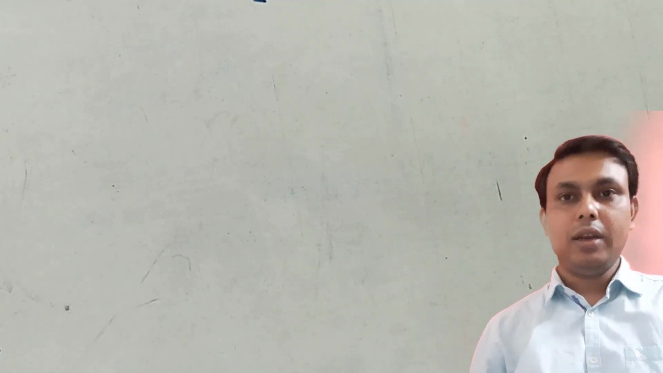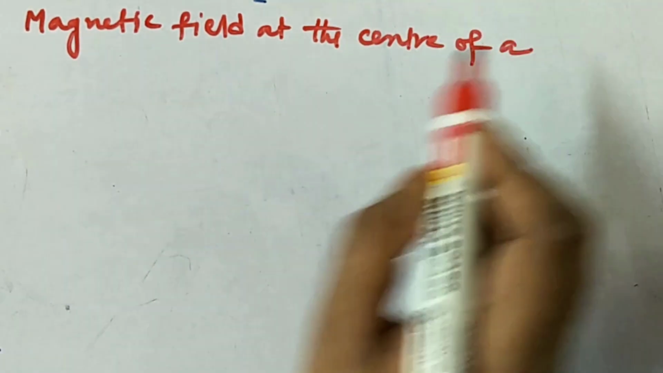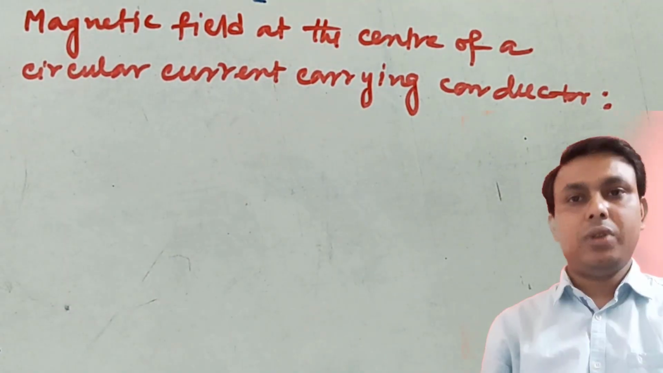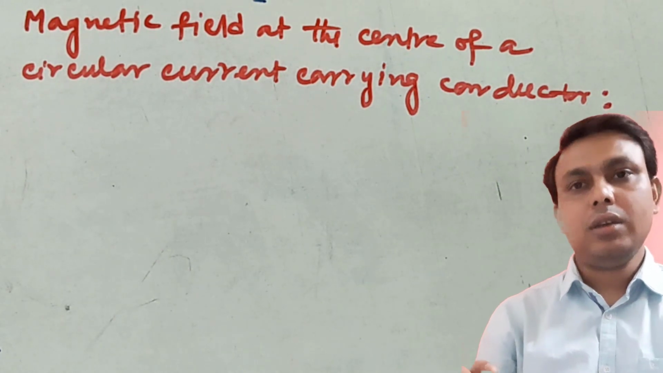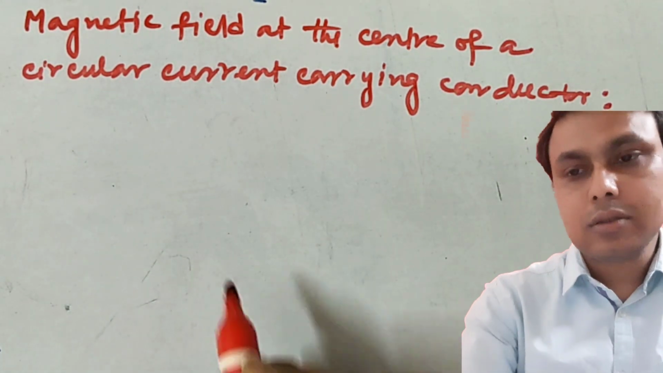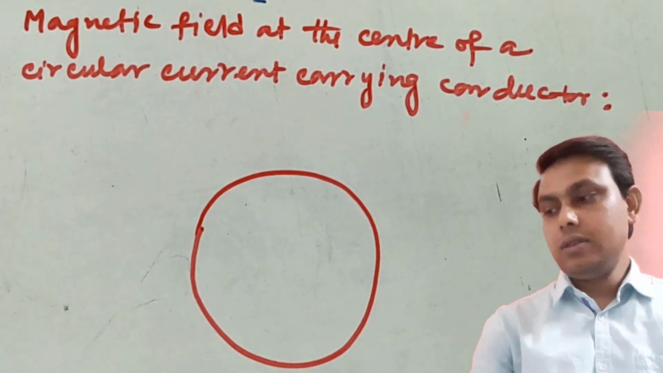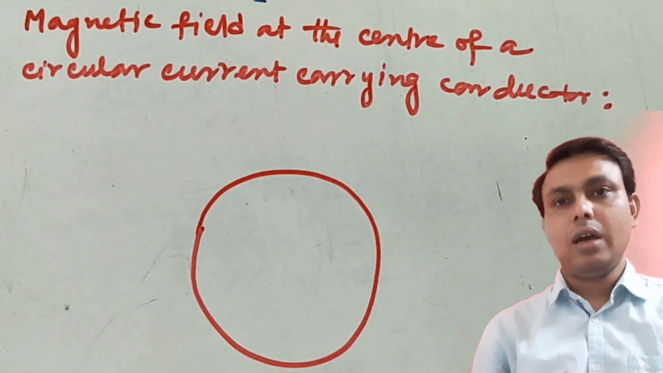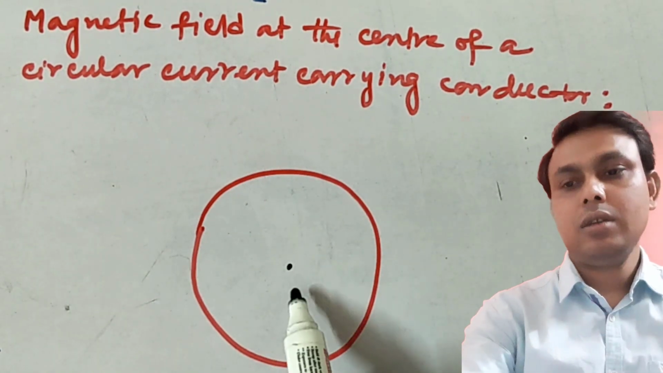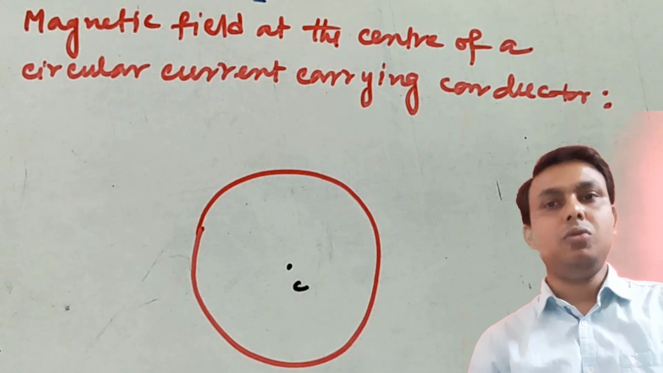In this session, we shall discuss the topic: magnetic field at the center of a circular current carrying conductor, অর্থাৎ একটি বৃত্তীয় পরিবাহী তারের কেন্দ্রবিন্দুতে চুম্বক ক্ষেত্রের মান নির্ণয়। For that purpose, we are drawing a circular current carrying conductor. Suppose this is a circular current carrying conductor and this is the center C where we want to find out